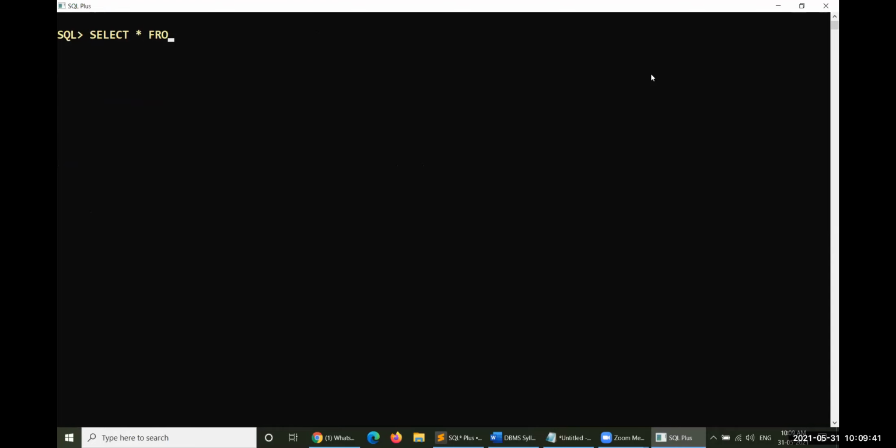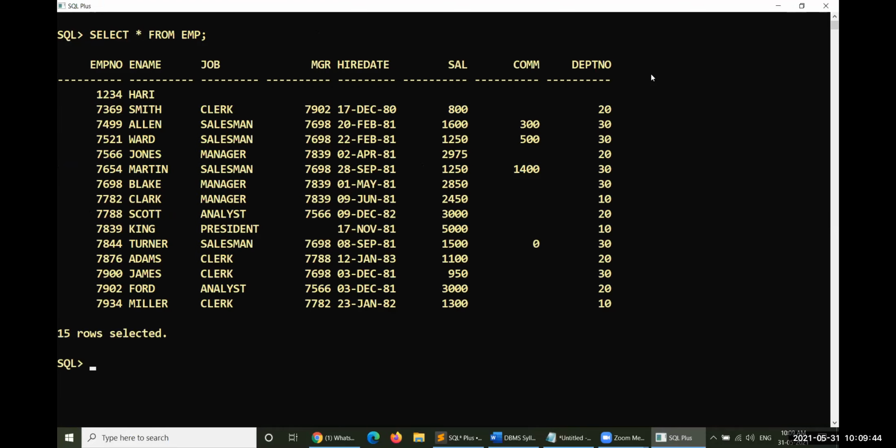Select everything from EMP. This is the demo table which we have. This demo table will always give you a chance to execute all different kinds of queries in SQL subqueries, joins, and everything. However, let us consider: display the details of all employees.